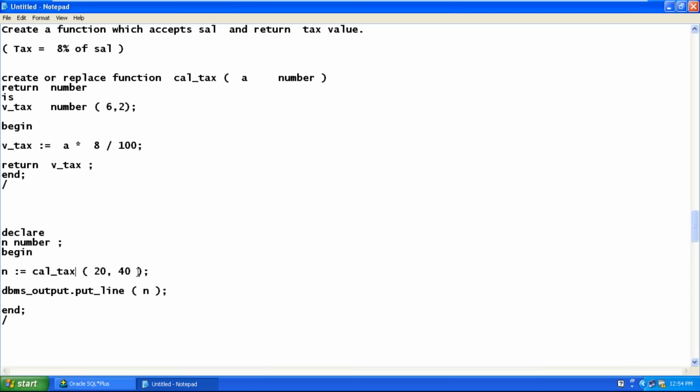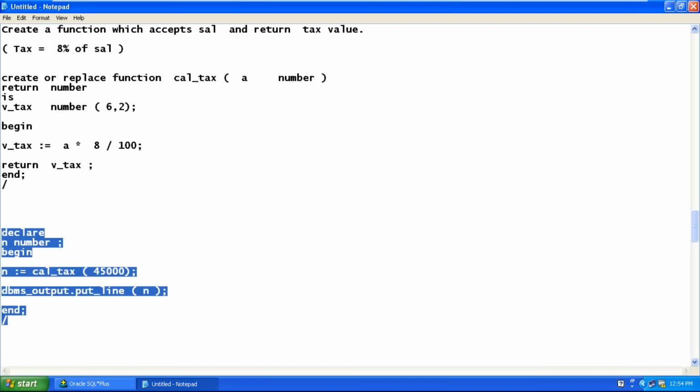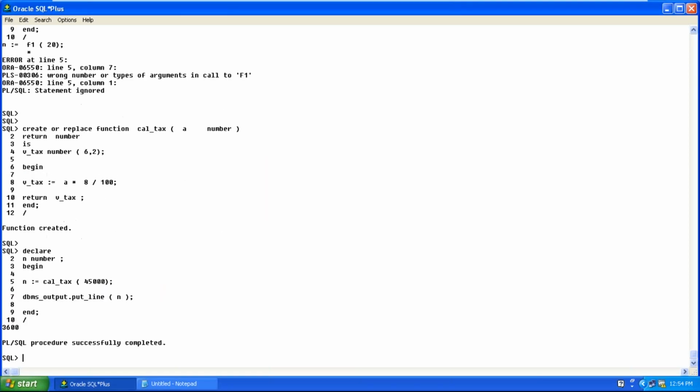Only one parameter. It should have the salary. For example, the salary is 45,000. So 8% of 45,000 is stored in N. N is 3,600. 10% is 4,500, 8% is 3,600. Perfect. My function is accepting salary and returning the tax.